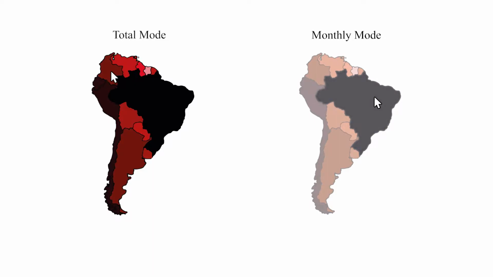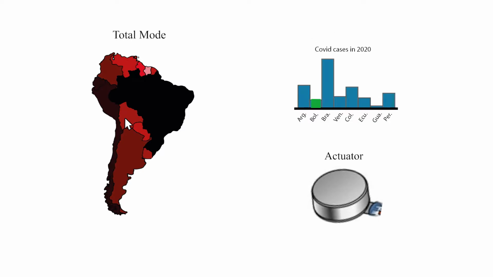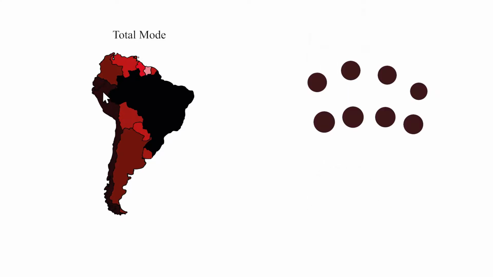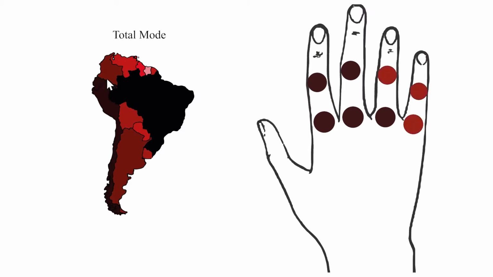We use two modes of data haptization. The total mode relates to the sum of the COVID-19 data for each of the South American countries. It determines the maximum amplitude of vibration according to the country with the highest total value for the year, focusing on a comparison between countries. In this mode, each actuator is independent and based on head position, making it possible to detect borderlines and their shapes, easing the data comparison of different countries.